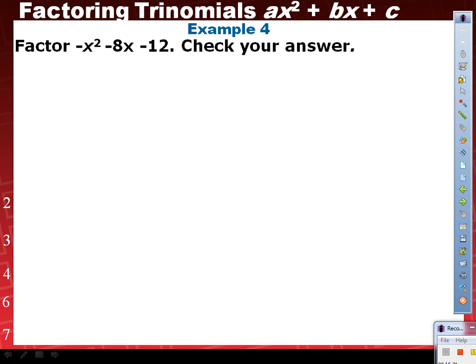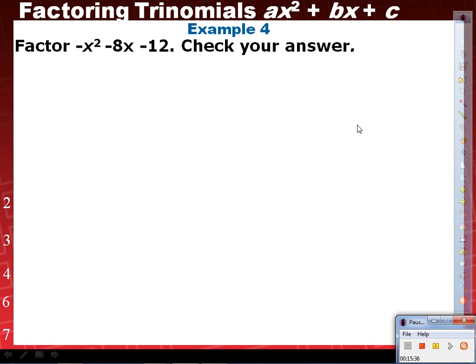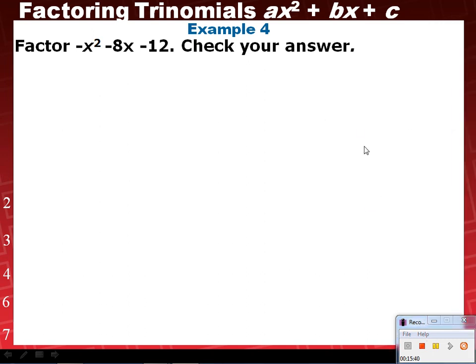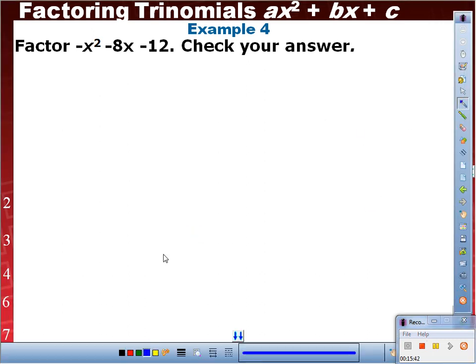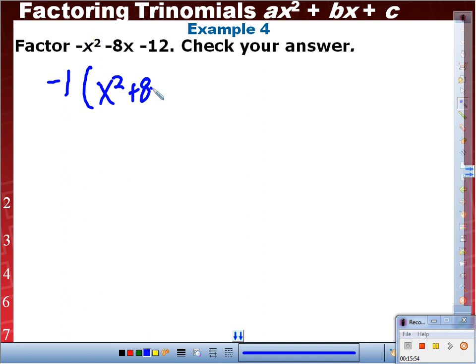Here we go. Example number 4: negative x squared minus 8x minus 12. Copy that and go. So, number 4. GCF. Ariana? Negative 1. Hands if you got that. That is correct. We're left with x squared plus 8x